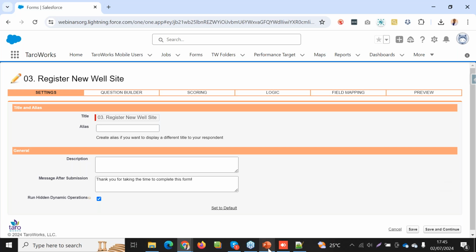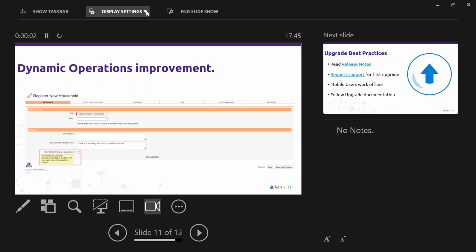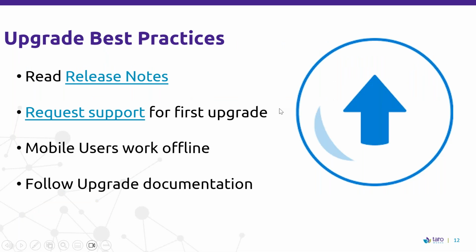All right, I believe that brings us to the end of the new features. As with every new upgrade, we like to touch on the best practices, and we have them on our support site. The first best practice we recommend is that you read the release notes, which will always accompany every webinar or new release. The release notes basically tell you what's coming, what you should expect, and what you should do in preparation